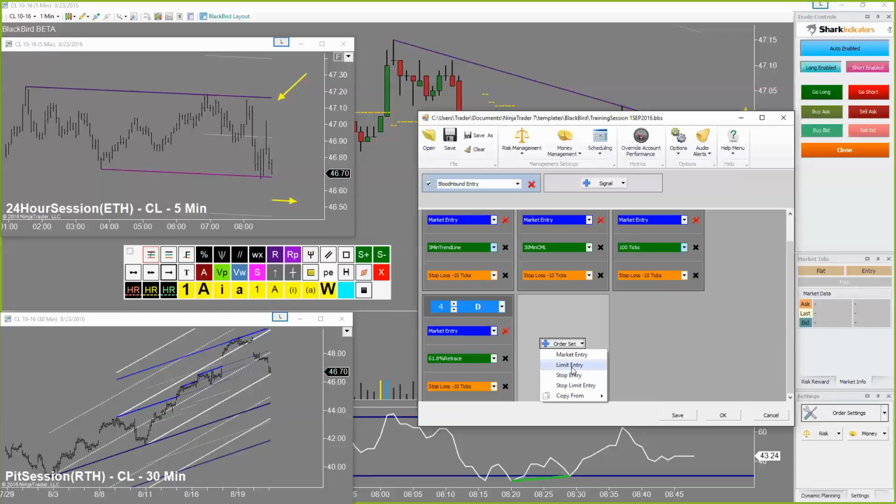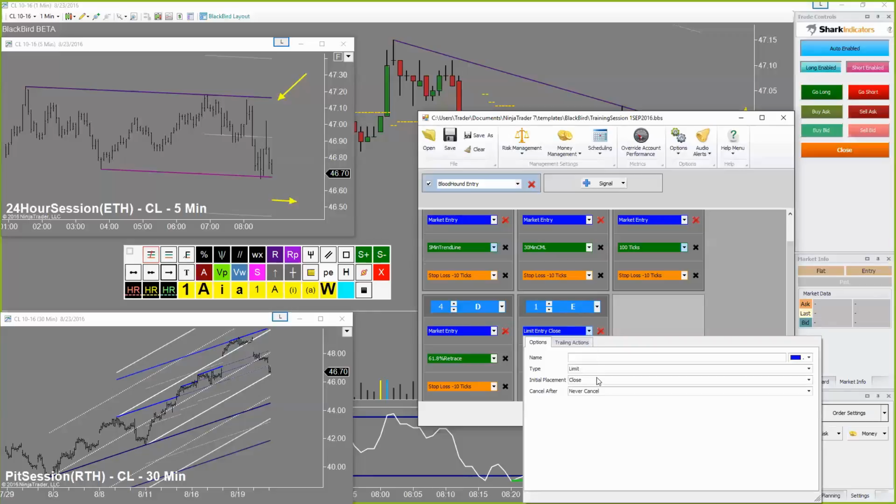But if you want to scale in, all of those orders need to go in at the same time. So we're buying 10 contracts market, all right? But if I'm going to exit 4 of them early at the 61.8 retracement, and then I want to buy those 4 back at a better price, I need to already have that predefined. So I'm going to put in my limit entry, and I'm going to offset it